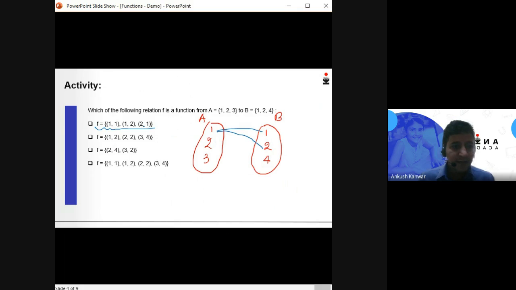And what is the last element of the first option? It is 2 comma 1. Now we need to see whether this particular relation F is a function or not.